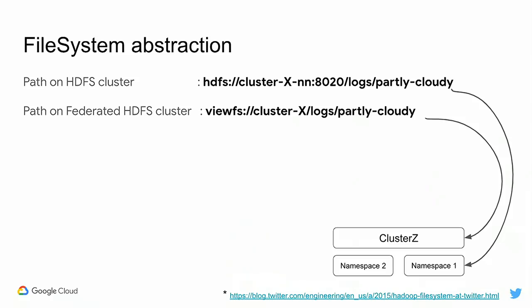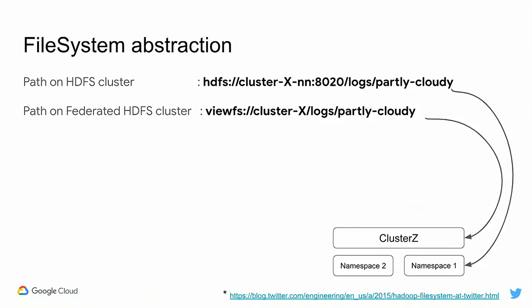With that, the open source community introduced the concept of ViewFileSystem. ViewFileSystem is client-side mountable, where the client will resolve which particular name node it has to redirect the requests to. This way you could scale multiple name nodes and also add HA for the name nodes. So you would refer to something like viewfs:// and then cluster X, and then the data within that.